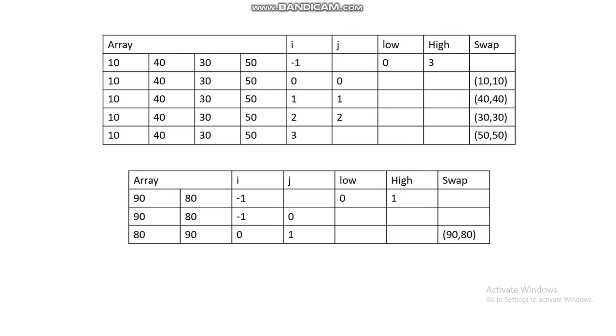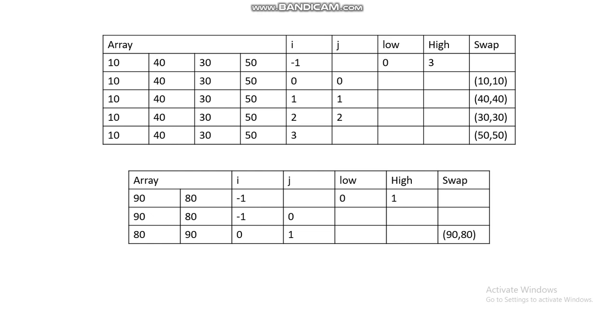Like before, the initial value of i is set to -1 and 80 is chosen as the pivot element. There is only one step in the loop and since the 0th element is greater than the pivot, we do not do anything. Once the loop ends, we increment the value of i from -1 to 0 and interchange the pivot with the ith element. Here we only have one element in the partition after the pivot element, that is 90. Hence, this part of the array is already sorted.